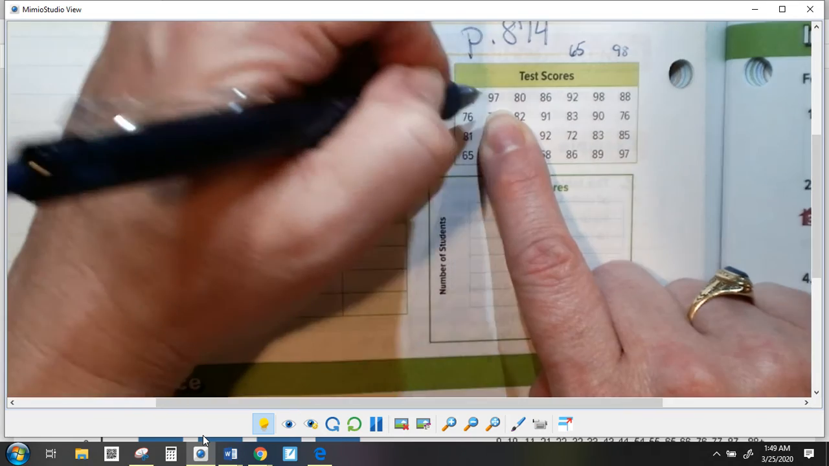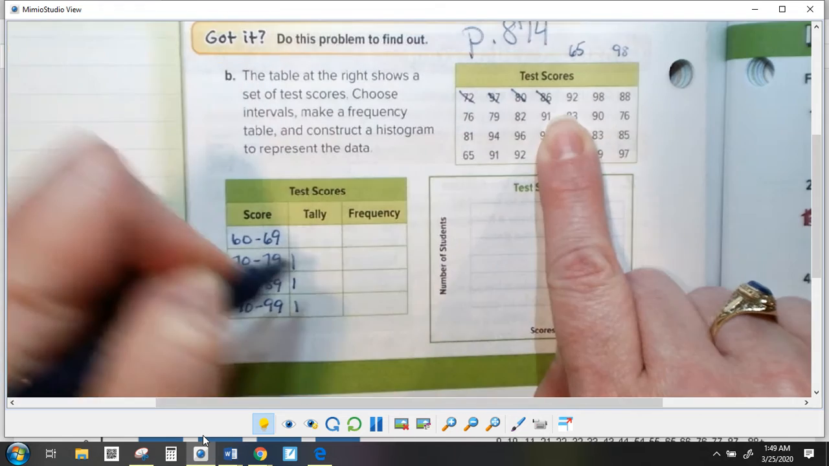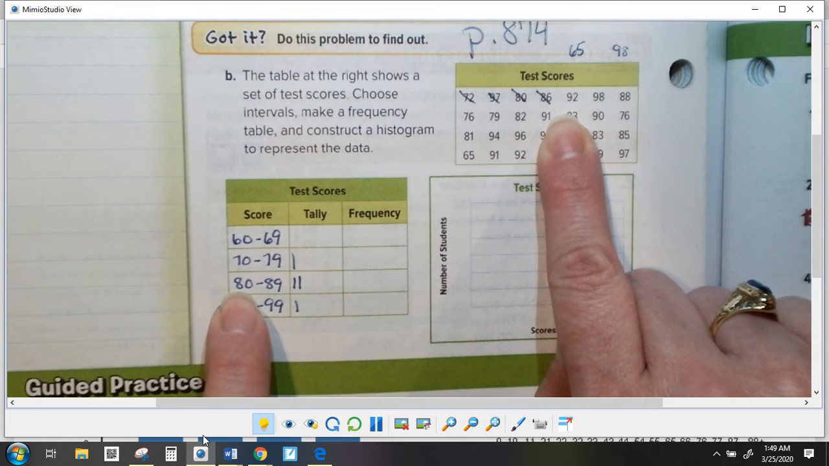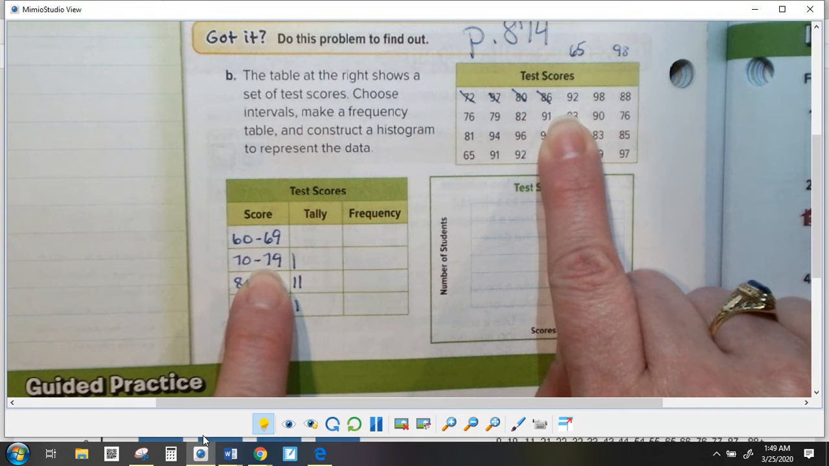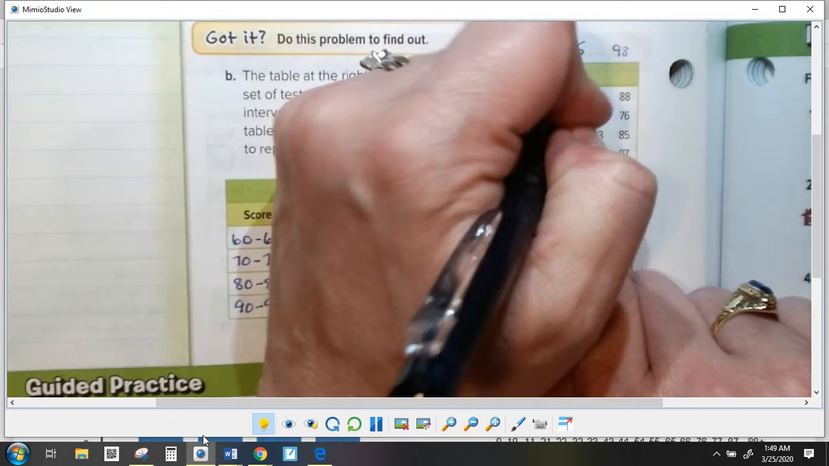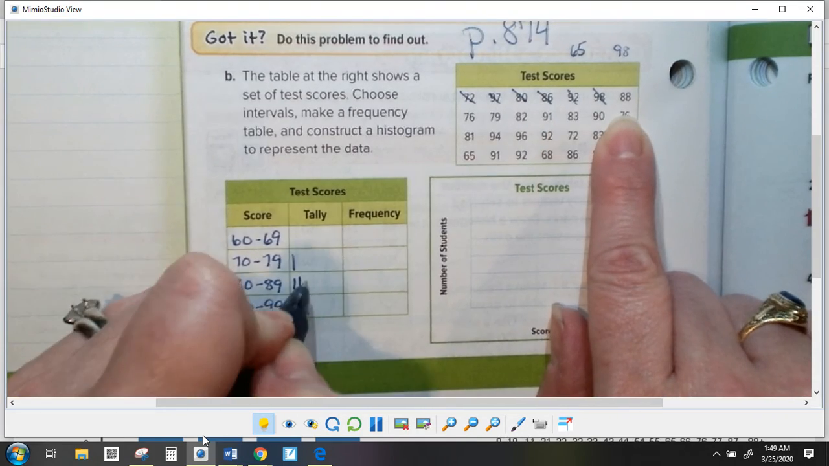97, 80, 86. Notice there was no confusion on the 80. There's only one spot that could land. It couldn't go here because that's not an 80. All right, continuing. 92, 98, 88,